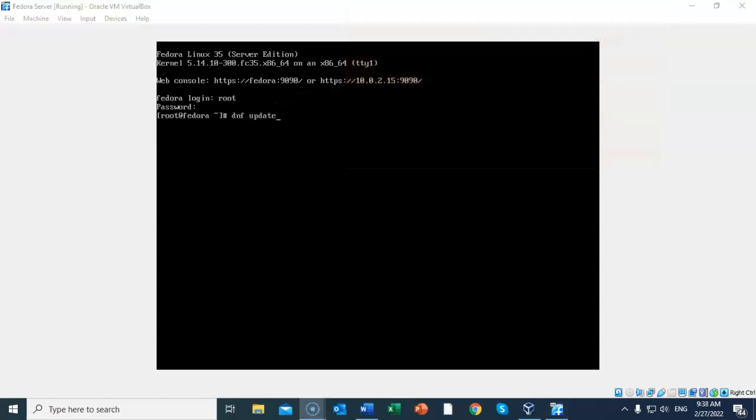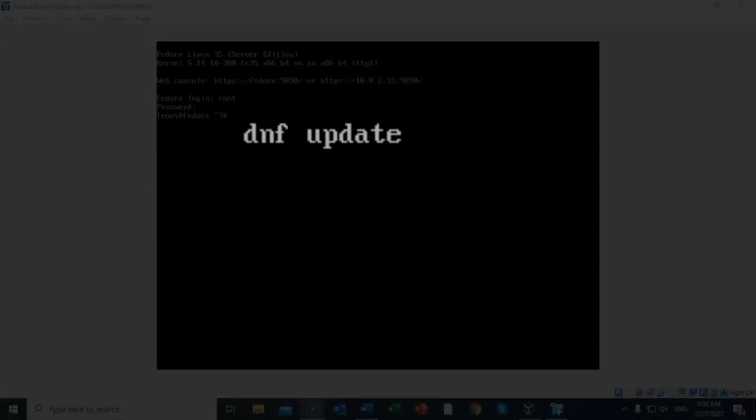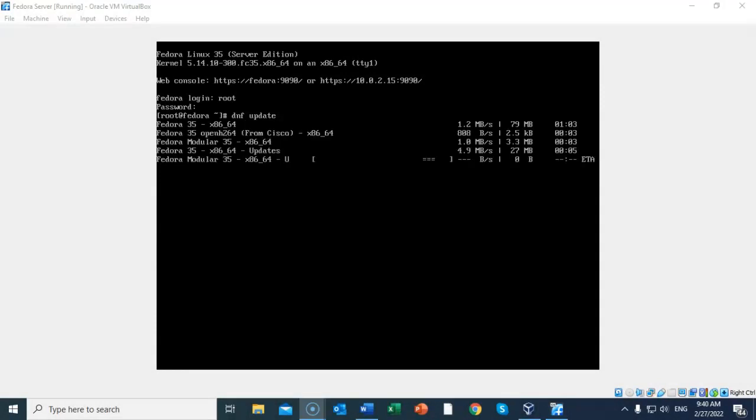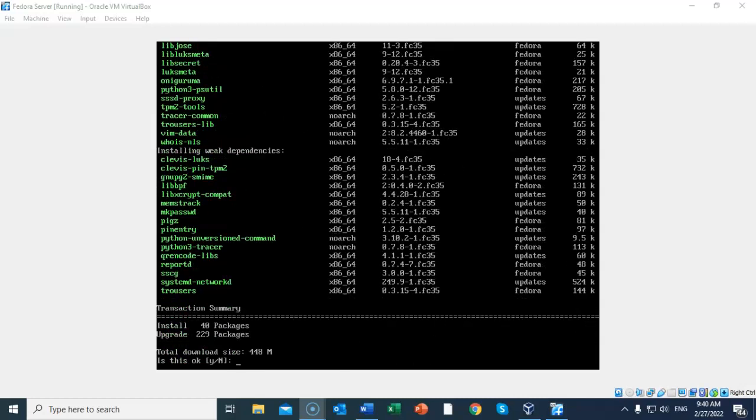The first thing we'll want to do is update our installation of Fedora server with the latest packages. To do this, at the root prompt, I'm going to type in DNF space update. Once I got that typed in correctly, I'm just going to go ahead and hit Enter. The update process is going to take some time, so go ahead and get yourself a cup of coffee, go watch some TV, and come back in about 40 minutes, maybe a half hour, and you'll have your installation ready